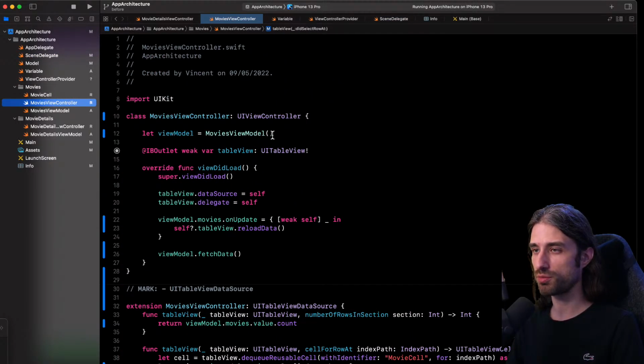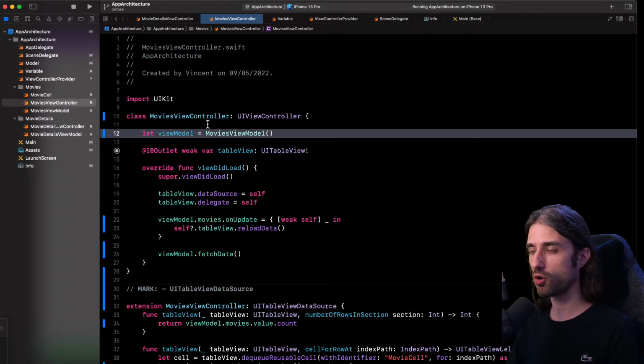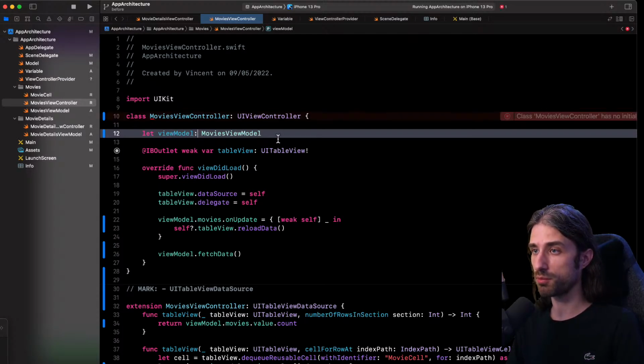So what does it mean to be able to inject the view model? It means that my movies view controller will no longer know how the movies view model is instantiated. Instead, it will only know how to use it. So basically, I remove the call to the initializer, and instead, I just store a view model of type movies view model.